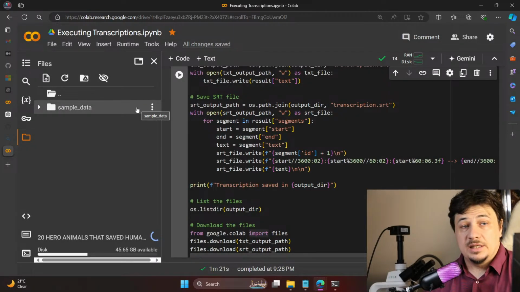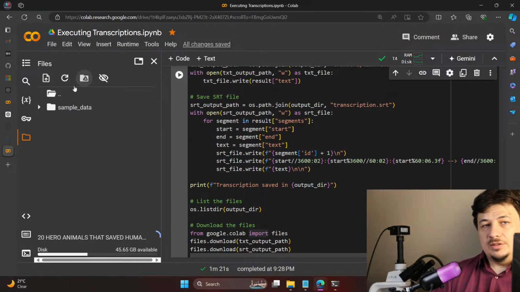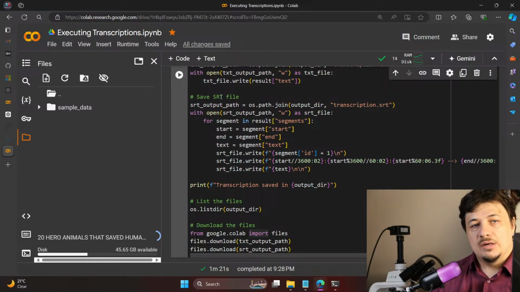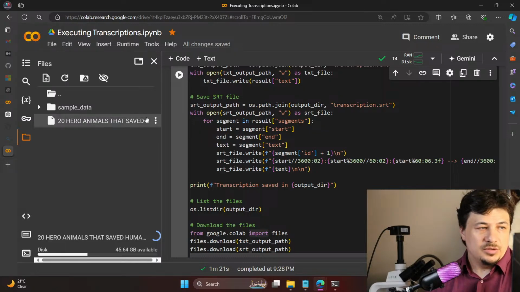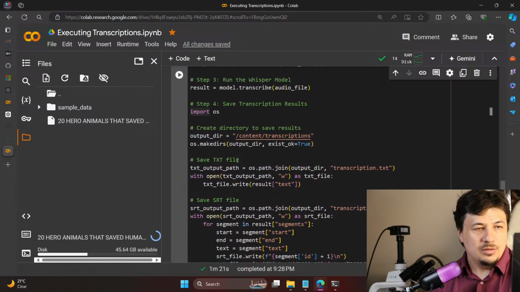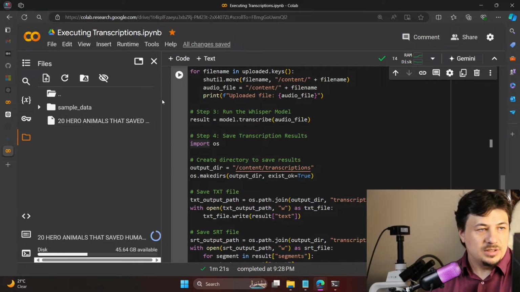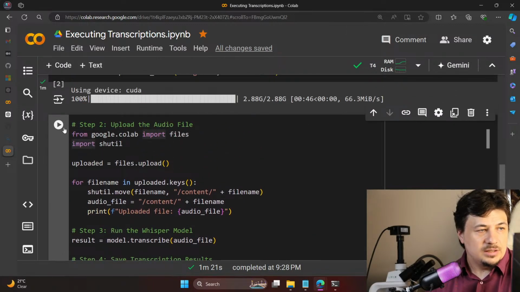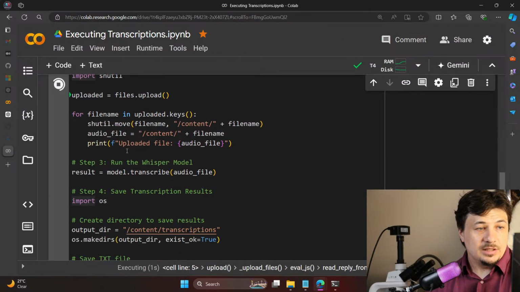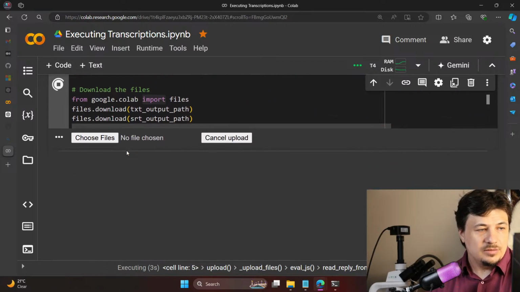Okay, it's just saying that because it's not the paid version of Google Colab, our environment will be removed after some time, but it's more than enough for us to actually execute our transcriptions and preserve the results. So, okay, now we can hide that and try to execute that as is, and if it does not work as we expect,